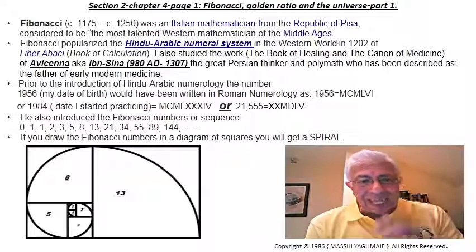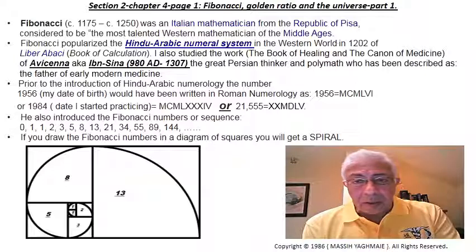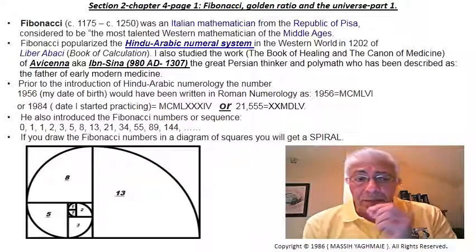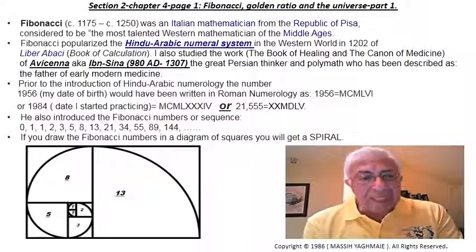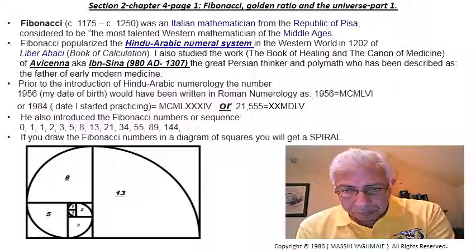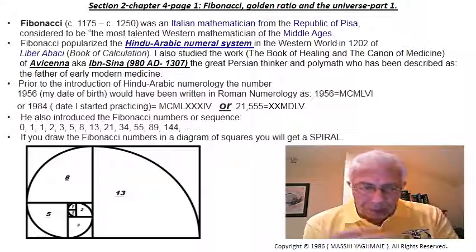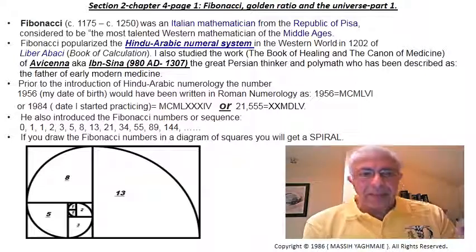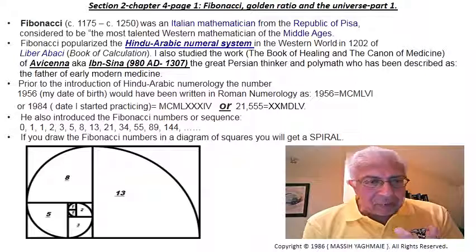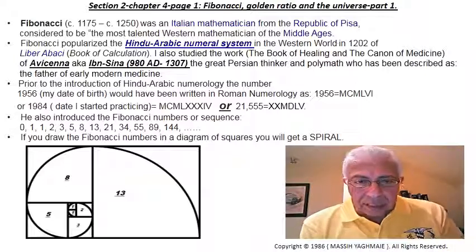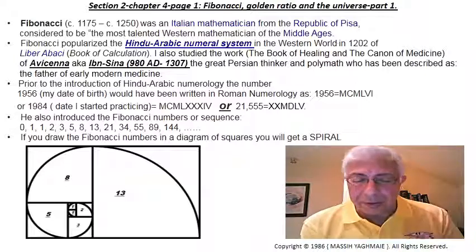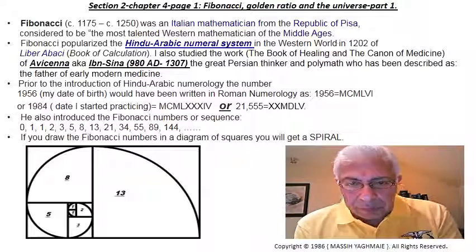Fibonacci was an Italian mathematician from the Republic of Pisa and is considered a very talented and important mathematician. He studied the Hindu-Arabic system of numerology, and in about 1202 he introduced that system to Western society, because prior to that the system of numerology was Roman based. For example, if you want to write down 1956, which is my lovely date of birth, very auspicious, it would read as